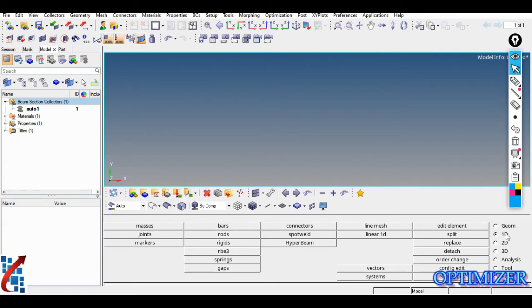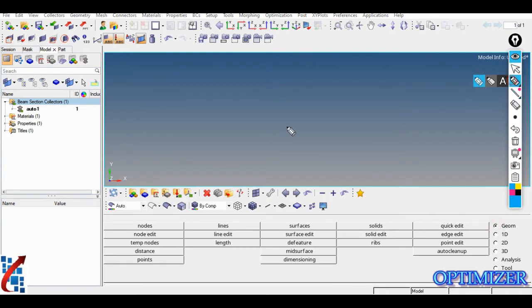Now the next part is component. For the component, consider this problem, we have applied force here in the downward direction. If you create one element from this to this, you are going to get only one stress value. But if you consider this bending problem, stress values are going to change along the length. So you need to create a number of elements or nodes along this length. So how to create that? There are two options. First, you can create intermediate nodes, and second, you can create a line and mesh that line.